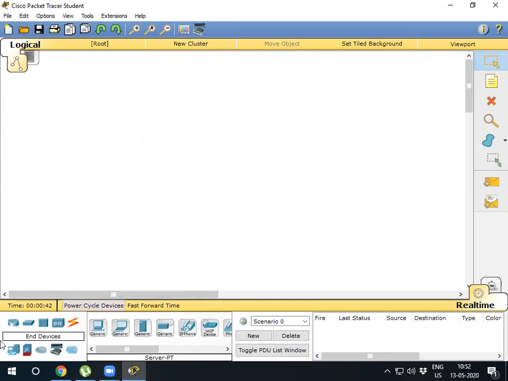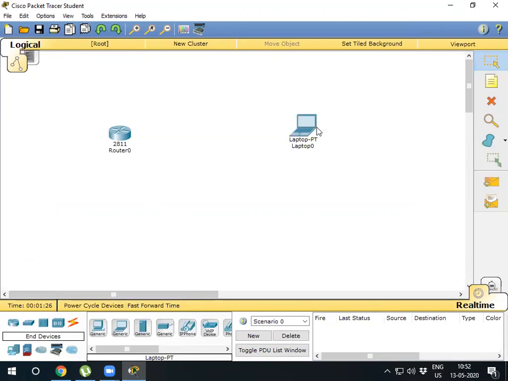So for the beginning, we have to choose the router. So click on here, the router sign, and choose the best router. I think 2811 series router is the best router series of Cisco. Cisco 2811 series router is one of the leading and very fast operational routers. So now on the other hand, we have to take our end device, that is PC or laptop. So for your understanding, we can simply choose laptop.